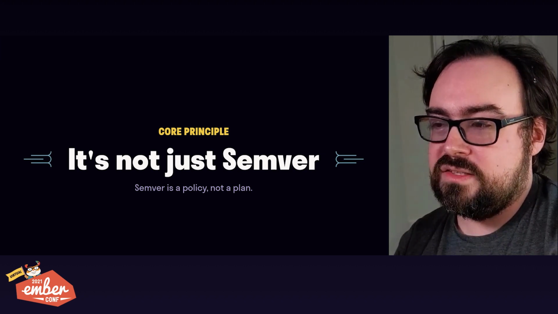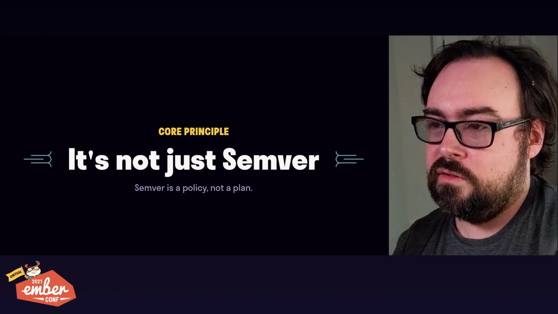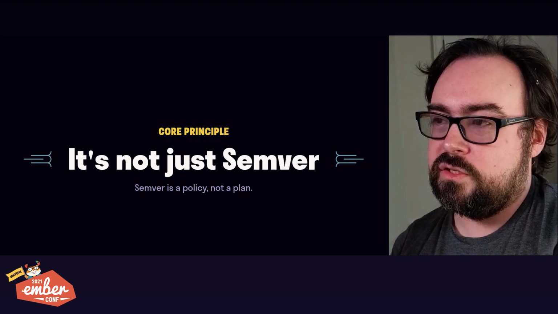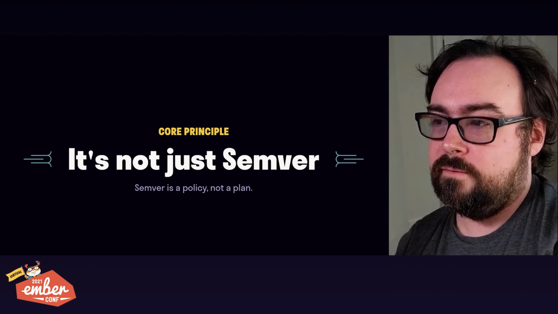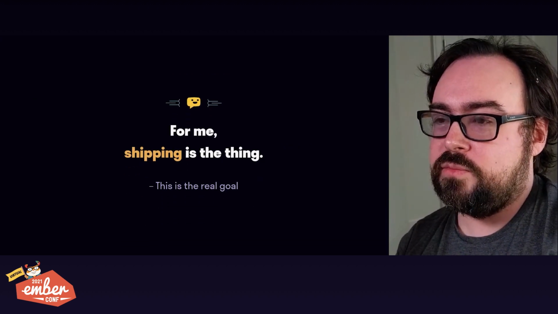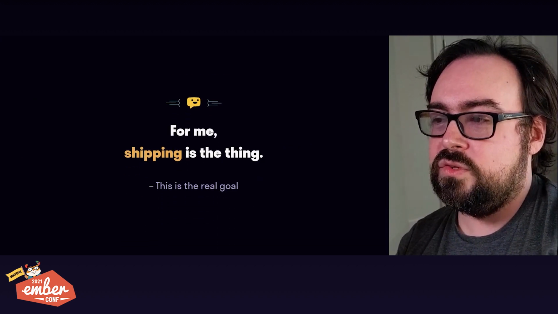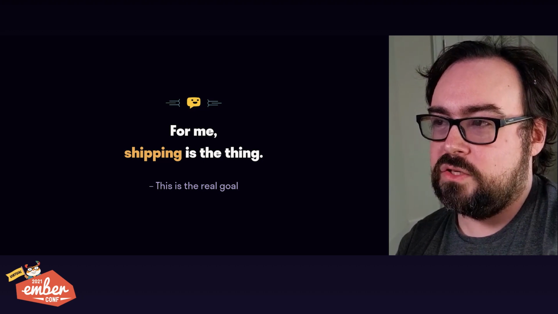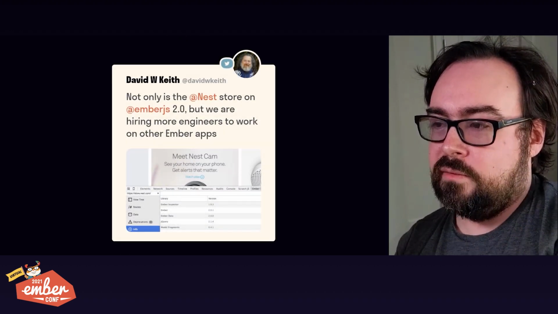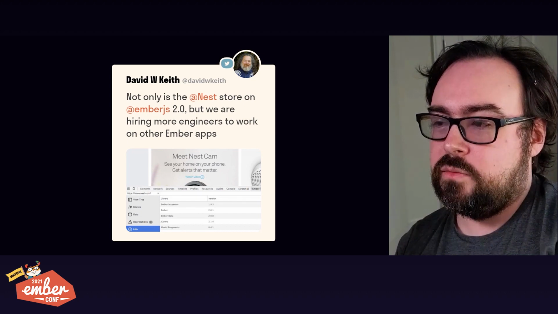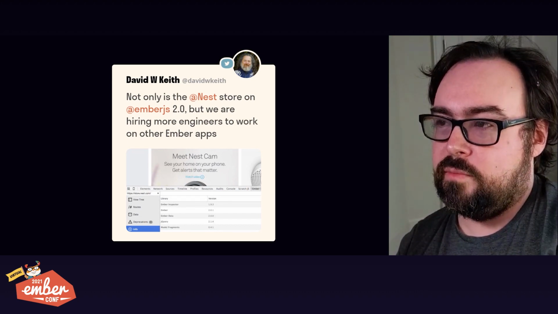So that all worked, that all made sense, but we just did too many breaking changes. It felt like a failure. The thing is, evolution is not just about Semver. Semver helps us achieve the goal of shipping. If you use Semver to violate this goal, it's not worth much. There was a bright spot. A lot of apps did migrate. As best as we can tell, the apps that were stuck on 1.13 were just a minority of Ember apps.